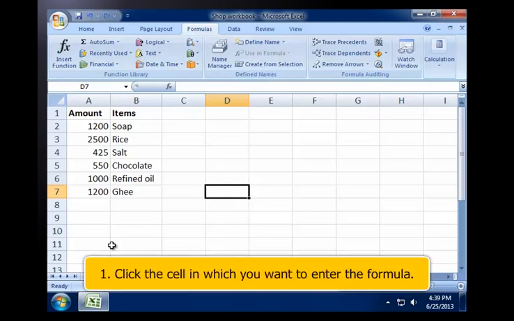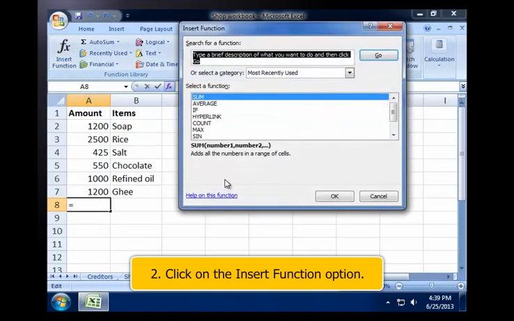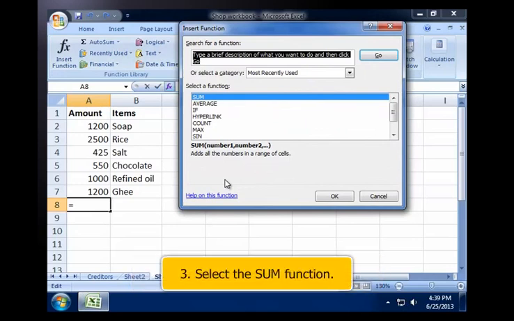Click the cell in which you want to enter the formula. 2. Click on the Insert Function option. The Insert Function dialog box appears. Alternatively, you can click the Insert Function icon on the formula bar. 3. Select the function sum from the Select a